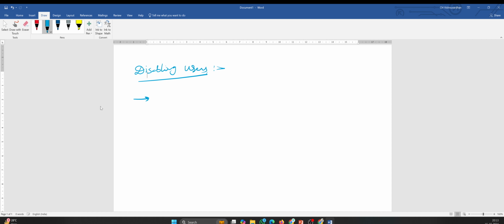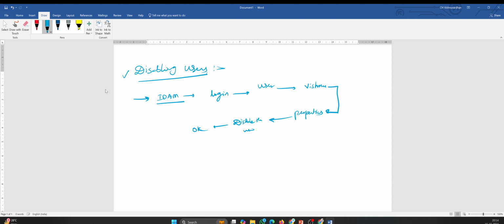We go to, let's say, any IDAM solution, and we log in with the credentials, and go to the users organizational unit. Then we identify the user, let's say Vishnu. Then what do we do? We right-click, or go to properties, and there we have an option to disable the user. Then press OK. So if you want to disable a user, this is a standard procedure.